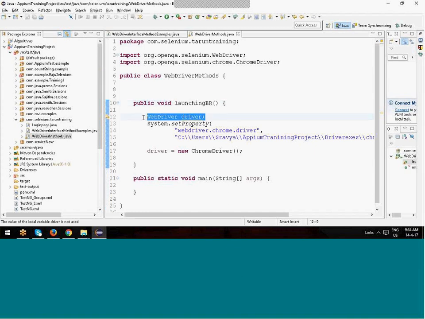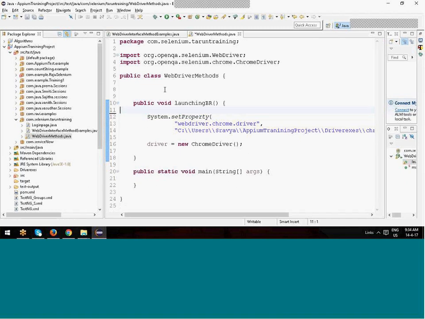This is a method level reference. The advantage of creating at instance level means outside of the method, the reference variable of driver is accessible. Suppose if I create it in